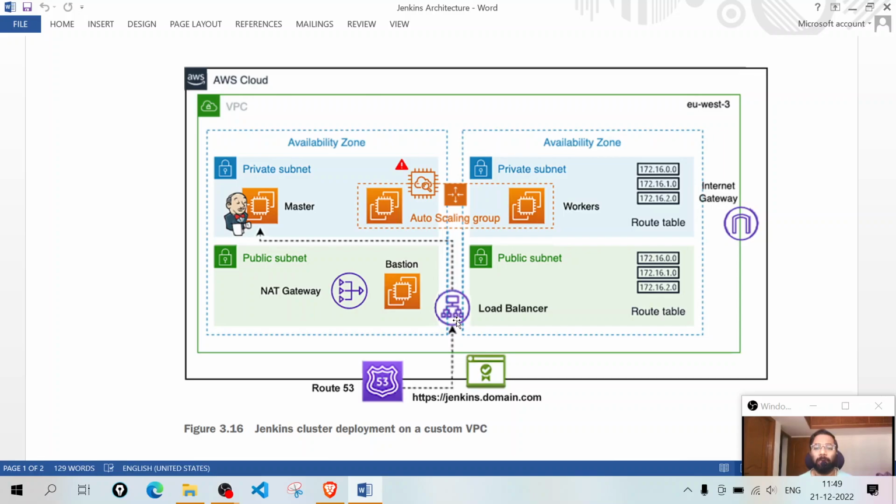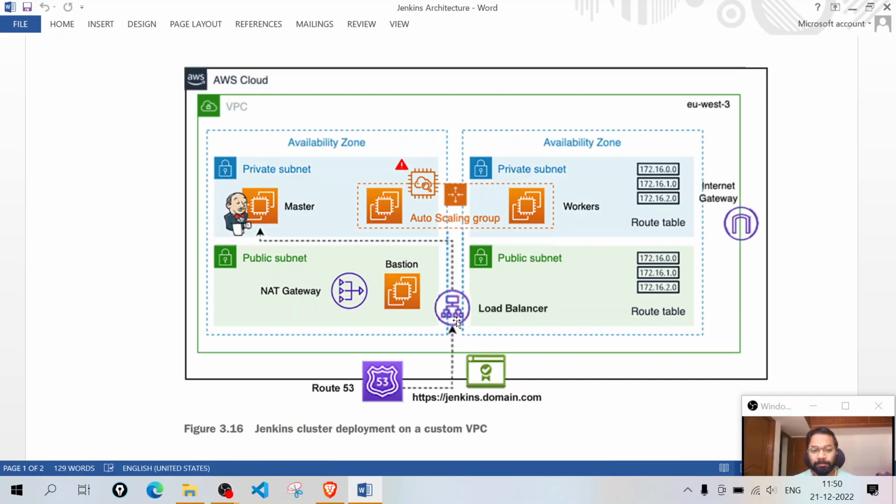Before deploying not just distributed Jenkins, before deploying anything for that matter, we need to have the VPC and its subcomponents in place first. Creating the VPC is very essential for any resources to be deployed. So that is the first rule. We're going to create the VPC first with its appropriate CIDR range, and once we have the CIDR of that VPC, we will be creating the public subnets and the private